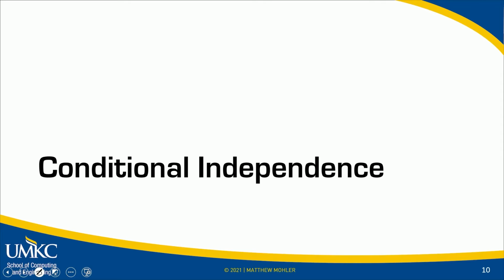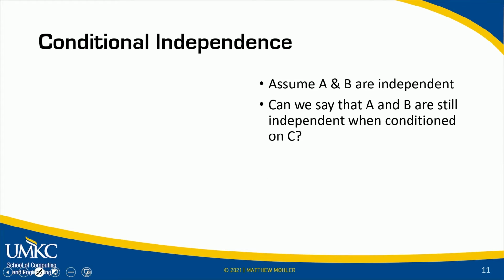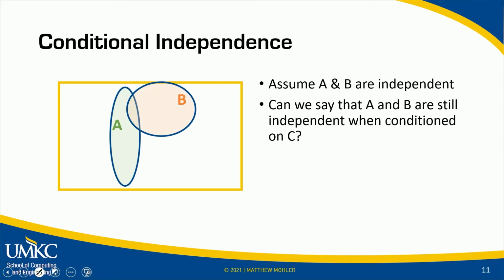Now, the last section we'll look at for this is the concept of conditional independence, and we'll go through this rather quickly. Assume that we have an A and a B, two events that are independent. We can look at those in a sample space over here. And the question that we might ask is, can we still say that A and B are independent when they're conditioned on C? So the way to write this out from a mathematical perspective would be, can we say ultimately